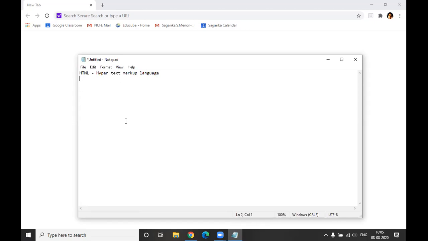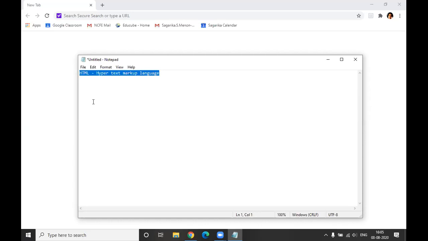Yes, Krish, I will send the recording. So, as a developer, you're going to create an HTML file, and browser is used to display that document and to transfer the information from one end to another end. When you're creating a document, there has to be a specific format that needs to be followed, and that is where we make use of Notepad to create an HTML file.